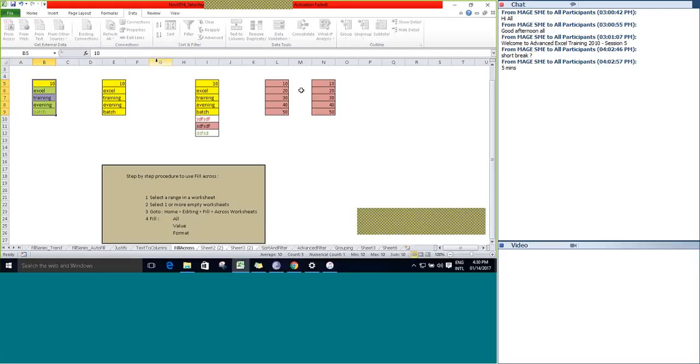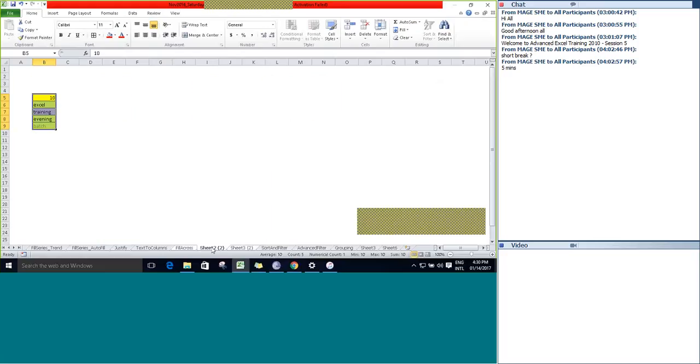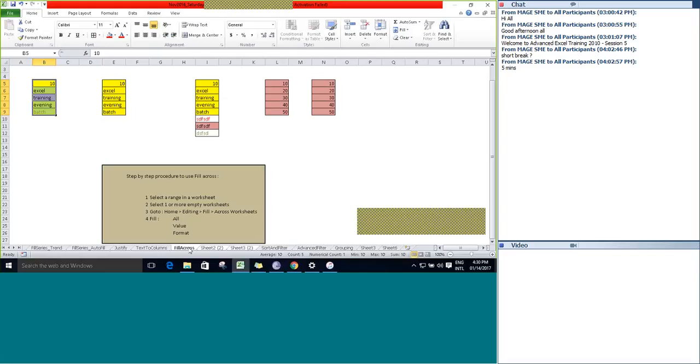Then go to Home, go to Editing, and go to Fill, and you can see Across Worksheets is activated now. Click on Across Worksheets. Here you can see the fill options: All, Contents alone, or Formats alone. If I click on All and click OK, and go back to Sheet 2 and Sheet 3, the corresponding range is copied to the empty worksheets.